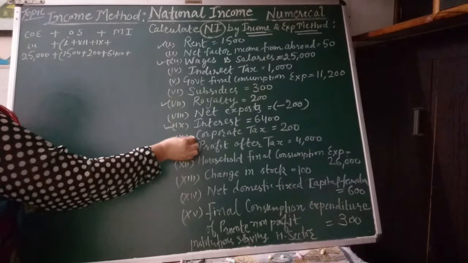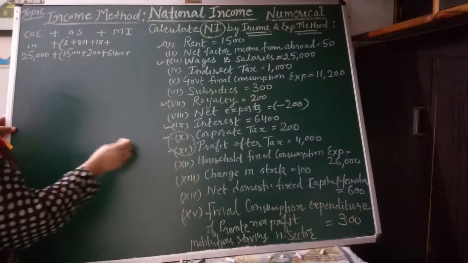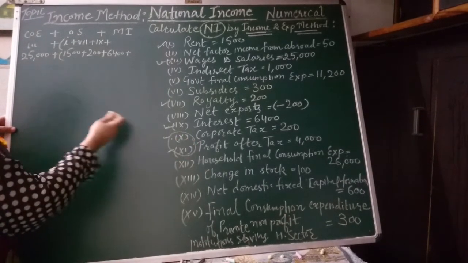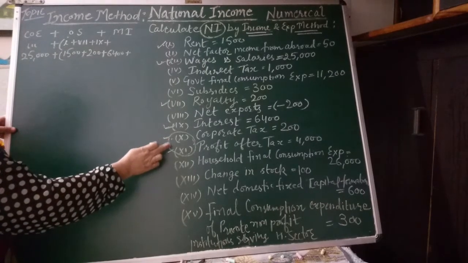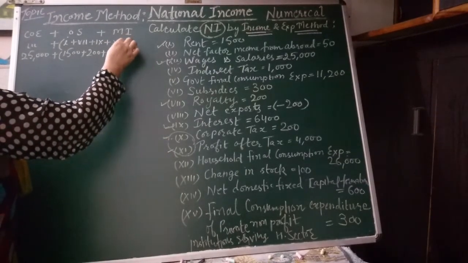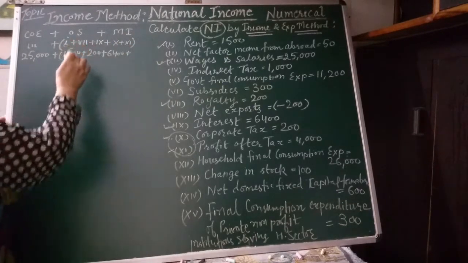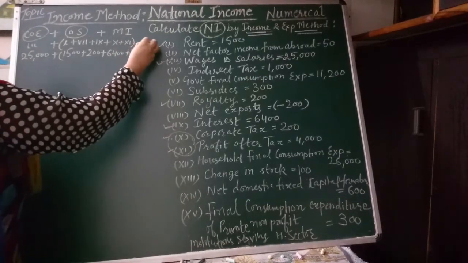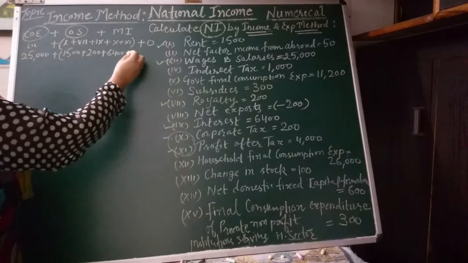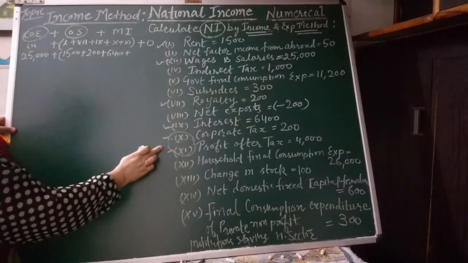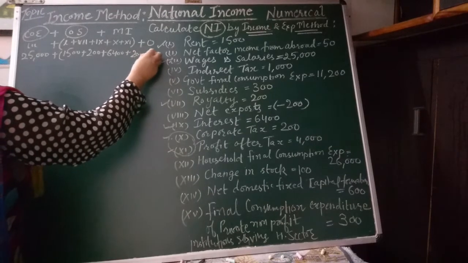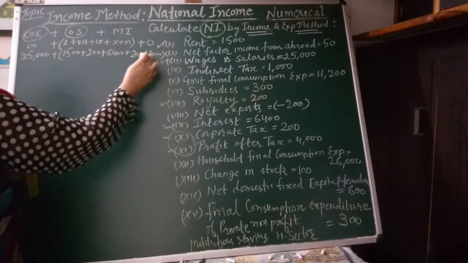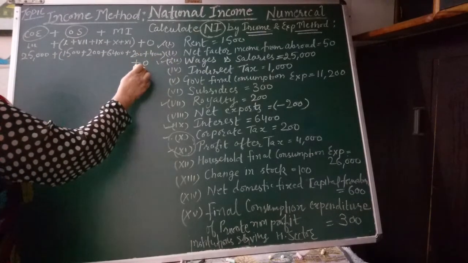profit. These two components are related to profit. Corporate tax or profit after tax means dividend, rather corporate savings are not given. So item number 10 plus item number 11. These all are the components of operating surplus. The value of mixed income is not given, so we will put 0 against it. So item number 10, that is 200, plus item number 11, which is 4000. These are all the components of operating surplus plus 0 mixed income.